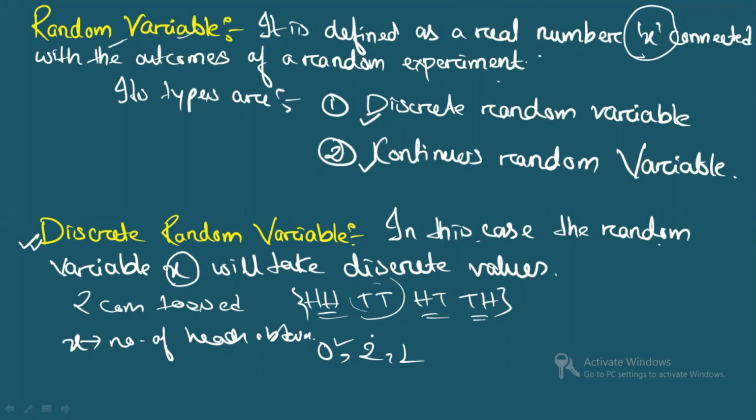Clear? Similarly, you can take a dice also. It is having 1 to 6. These are the outcomes. So if you are representing x, the x has something like to get 4. Okay. How many times you will get 4? So it will be 1 by 6. Clear? So that way you can see. Next is